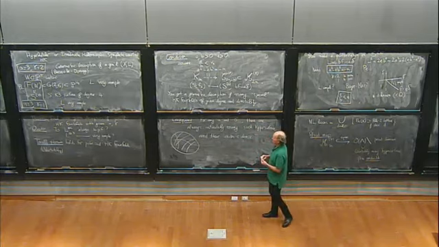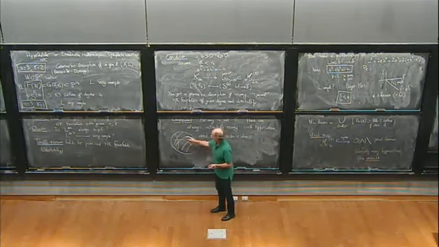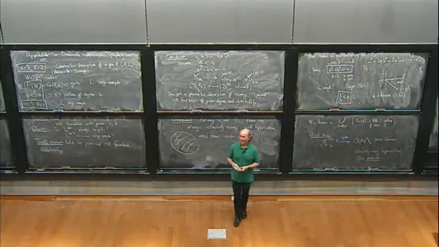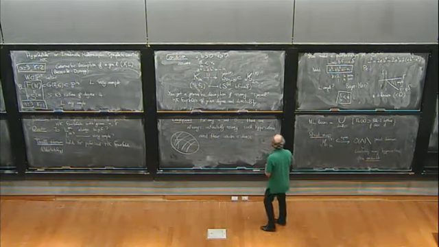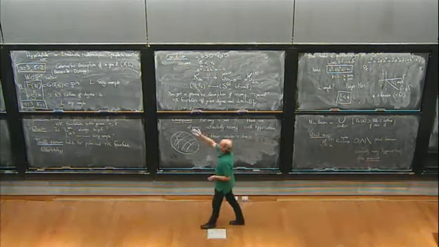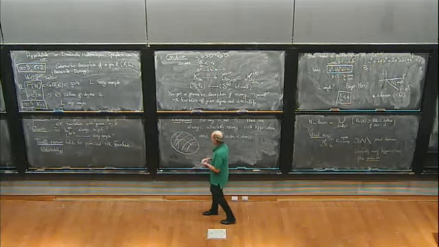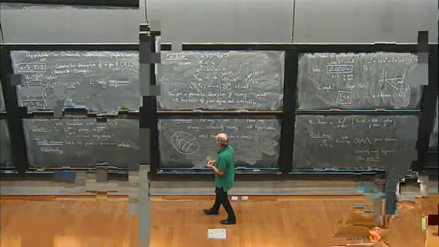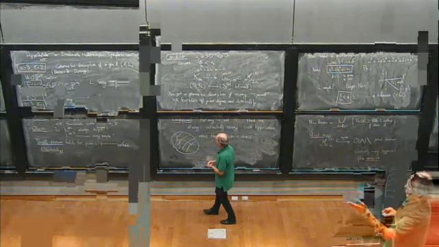Of course, that doesn't help you to find a description for a general element, but it can help you solve questions such as whether L is very ample. If you find one for which L is very ample, then you know that it's very ample in general. I also wanted to talk about, but I don't have any time left,